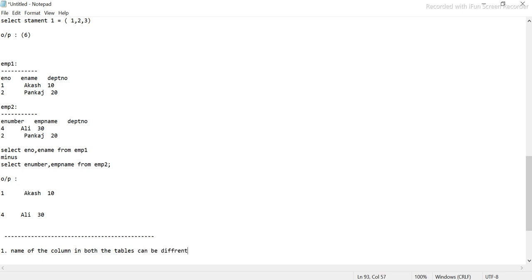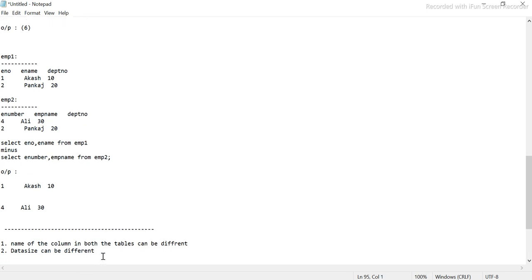This is allowed. Second one is data size. Data size can be different, not a problem.